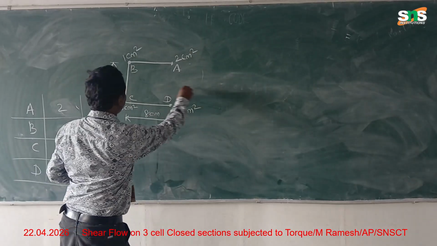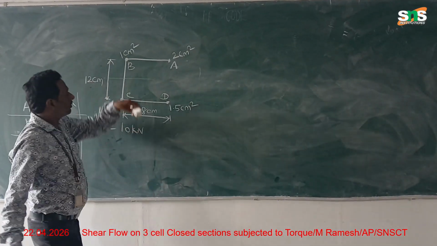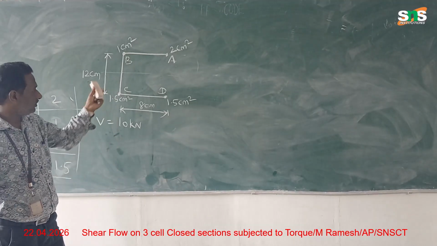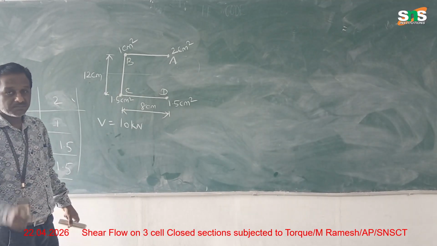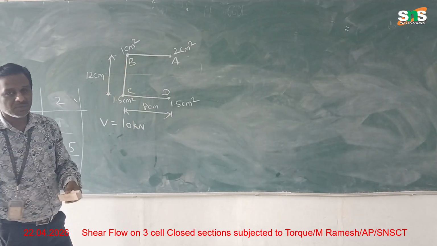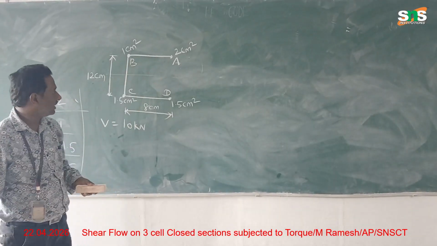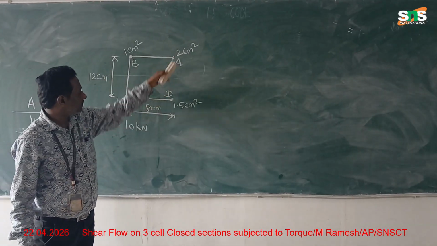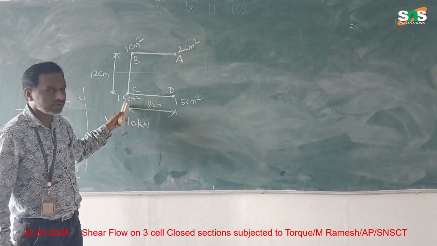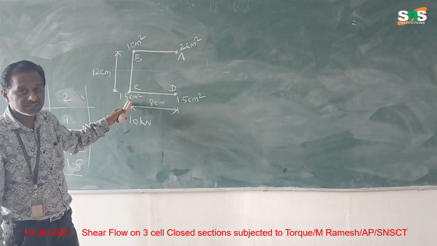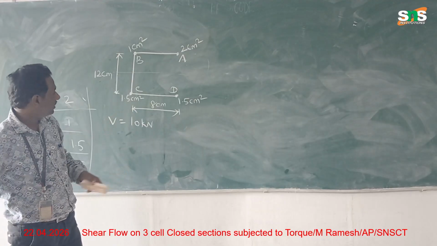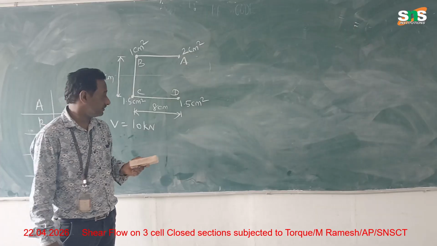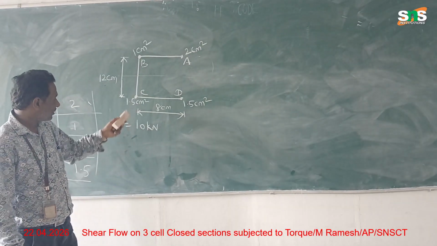Let's take half of the horizontal one here, so top and bottom both will be the same. By looking at that, it is symmetrical with respect to the x-axis. But by looking at the area of the boom at each point, here 2 cm square, here 1 cm square, but here instead of 2 cm square it is 1.5 cm square. So the area wise, everything is totally changing. So it is not a symmetrical section, it is an unsymmetrical section. So how to solve the problem?